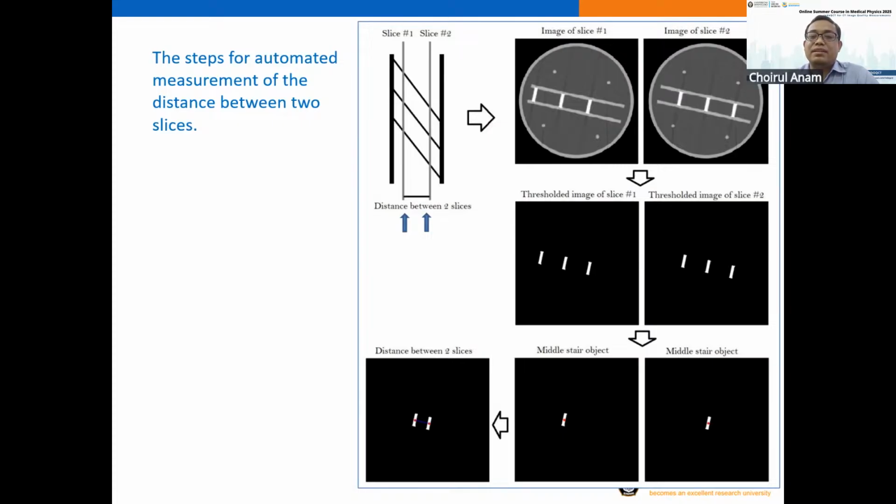and we scan in another position. We will detect